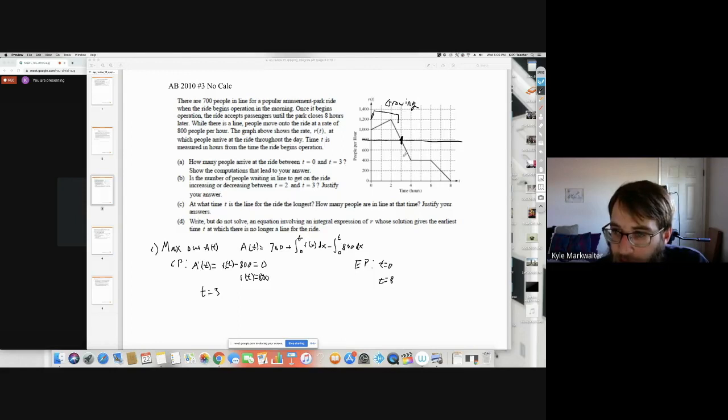Down here, this whole section down here, R of t, the rate in, is less than the rate out. So the line is shrinking. And so we can use that if we want to in our explanation. We could also, if we actually want to take the time to do it,